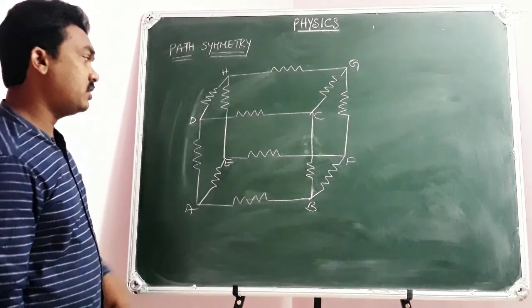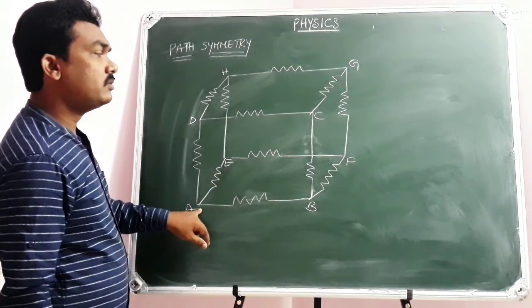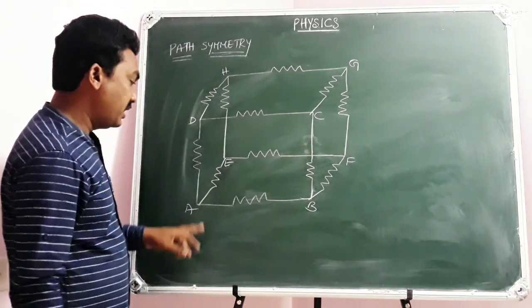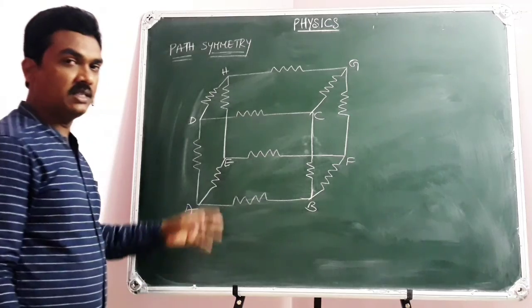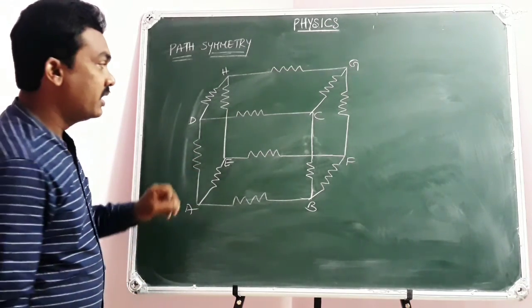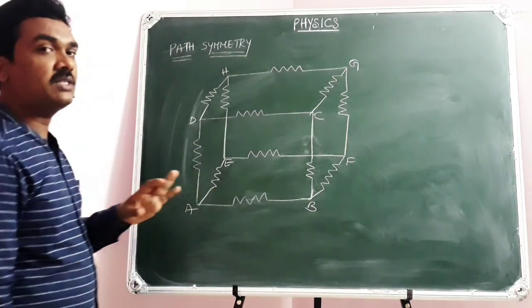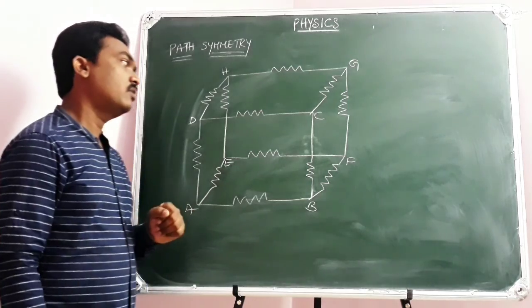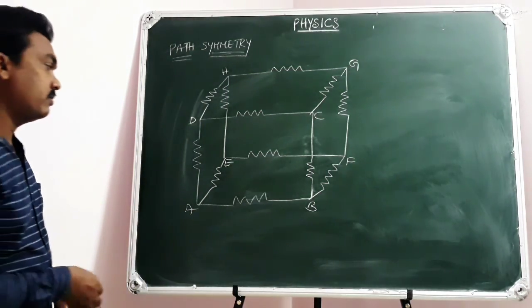If we look at this picture, AC is not a body diagonal. AC is the face diagonal because ABCD is a square, as it is a cube. That's what you need to identify. A to G is a body diagonal. AC is a face diagonal. But A to G, hope it is clear to you, is a body diagonal.